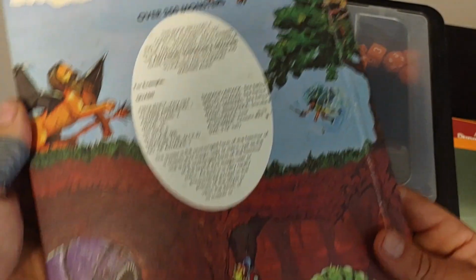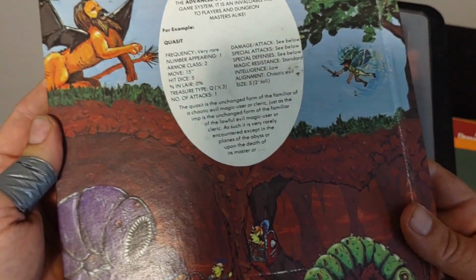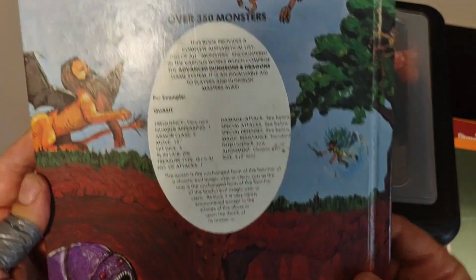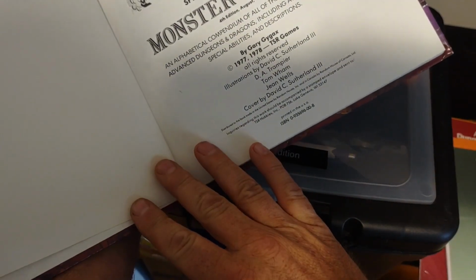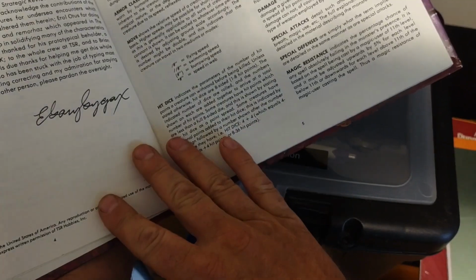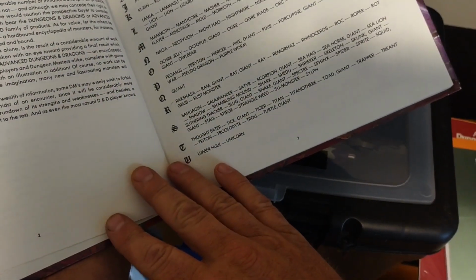So, and this cover, Dave Trampier. I'm assuming he doesn't speak it with a French accent. Anyway, it's gorgeous. Actually, wait a minute. Is this a Sutherland? It's a Sutherland. Okay. I could be wrong. Okay, definitely the Players Handbook. That's a Trampier. I am not an art expert, but